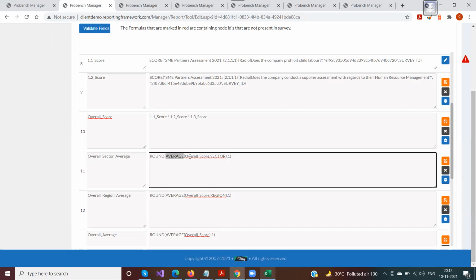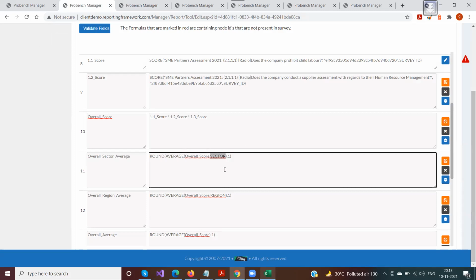Now average has two parameters here. Or so to say, any aggregate function has two parameters. One is the field which you want to aggregate. Here I am aggregating the overall score. The second one is the group.